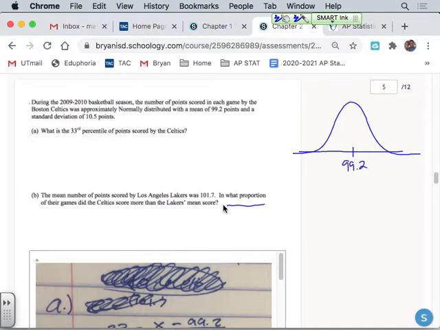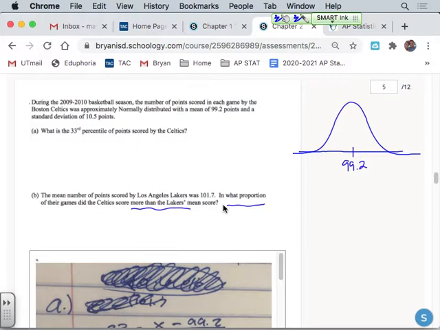So this is my picture for the whole problem. It says the mean number of points for the Los Angeles Lakers was 101.7. In what proportion of the Celtics games did they score more than the Lakers? So in what proportion of this little world here, with the 99.2 as our mean, did we score greater than